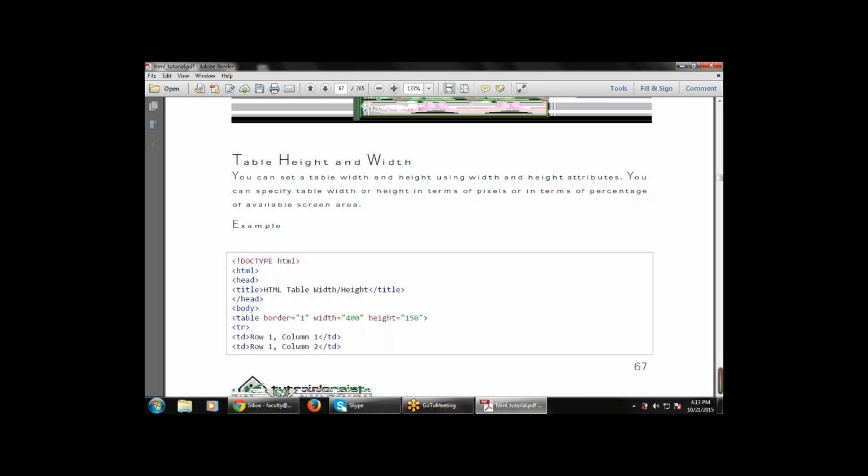Now this is the doctype HTML, then HTML head, then the title will be opened, that is the HTML table width and height, then head will be closed, then body will be opened, then border equals to 1, width equals to 400, height equals to 150. So there are three attributes that will be used. Then again one more